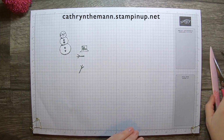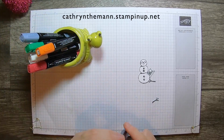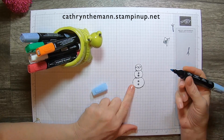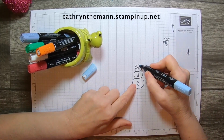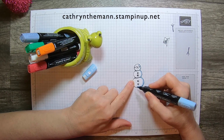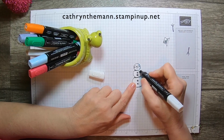Now, I need some Stampin' Blends. First, I'm going to start with the light Balmy Blue. And I'm just going to run it along the right hand side because it's a little shadow on him. It's going to go up, go like that on all 3 of his layers. Okay, and then I'm just going to blend it a little with the Color Lifter. Let's pull it over a little bit, just on the edges so that it kind of...